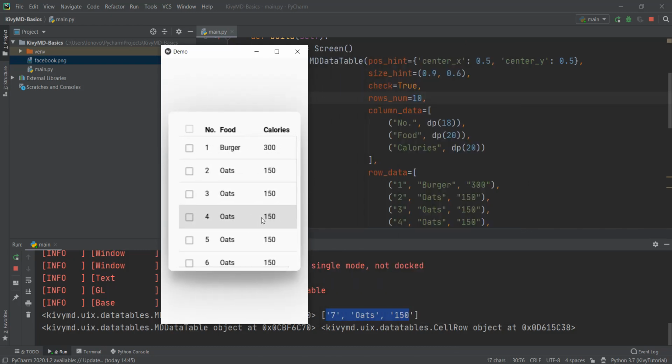So guys, this is pretty much it for this video. In the next video, we are going to learn how to create a toolbar that appears at the top of the screen. You must have seen it in multiple mobile applications, and I'm really excited about that because it looks really cool. So we are going to create that top toolbar in the next video, and I'll see you over there.